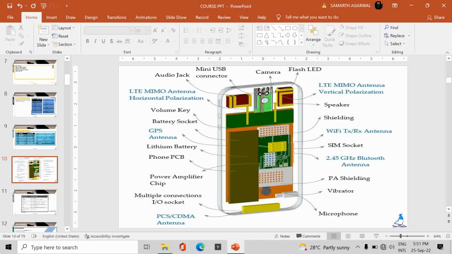Suppose your transmitter antenna has a linear polarization, and that too horizontally polarized, but your receiver antenna is a vertically polarized antenna, then it will not be able to receive that signal because there is a mismatch in the polarization. So that's why nowadays, you might have known, circular polarization is very much in trend, like RHCP and LHCP, that is right hand circular polarization and left hand circular polarization. Okay, so these are some key aspects I wanted to explain to you guys.